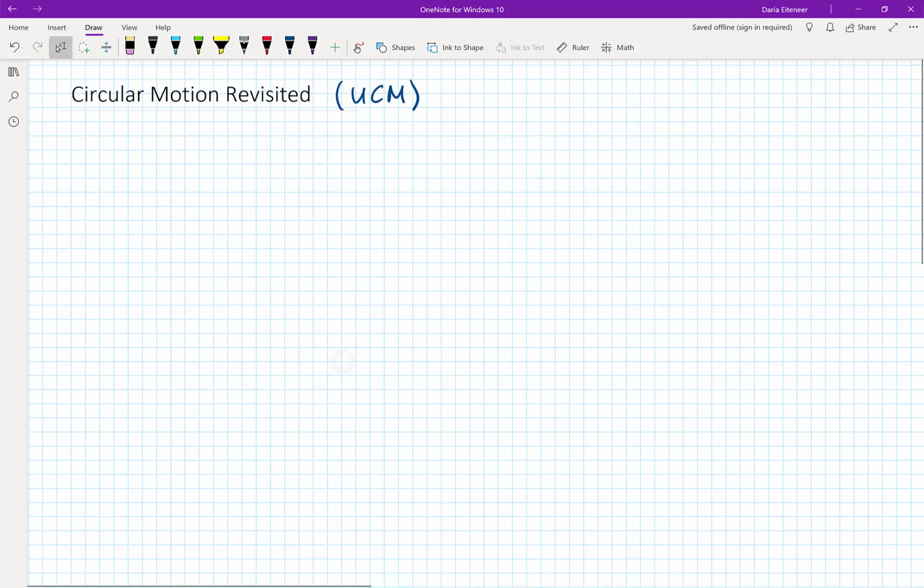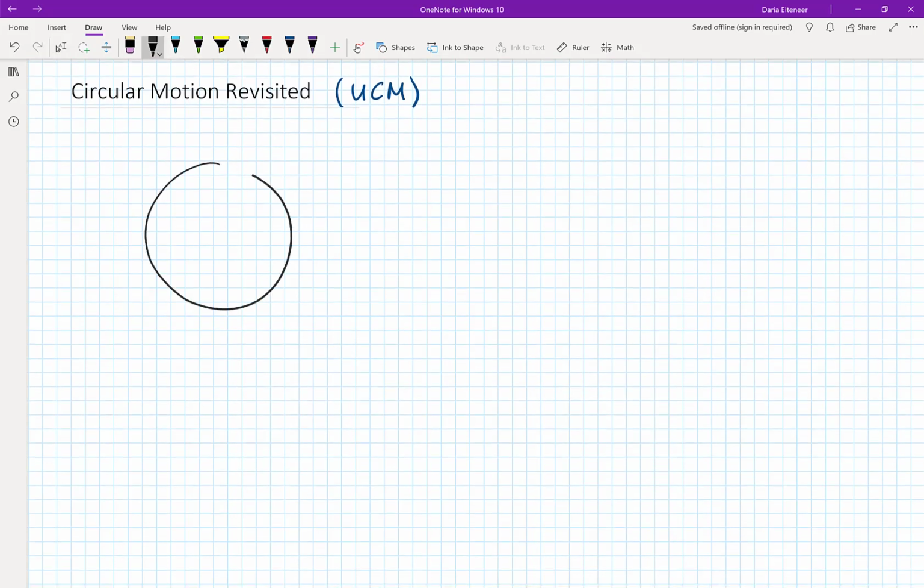So today we're going to take yet another look at circular motion. We actually already talked about it, so specifically we discussed uniform circular motion. So let's take a quick look at that and then see if we can expand on that. So hopefully you recall, if an object is moving around in a circle, so let's just say for kicks that the motion is counterclockwise. We talked about how velocity is always going to be tangent to the path